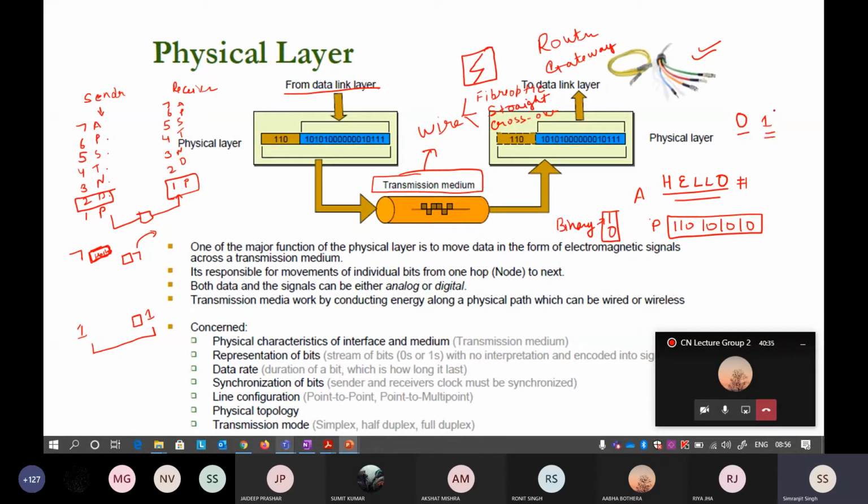Turning on the switch means it represents that there is some voltage there. The other represents there is no voltage there. So every communication within the computer or outside in the network is also in the form of binary numbers. This is one and the same thing. This is very important to understand.